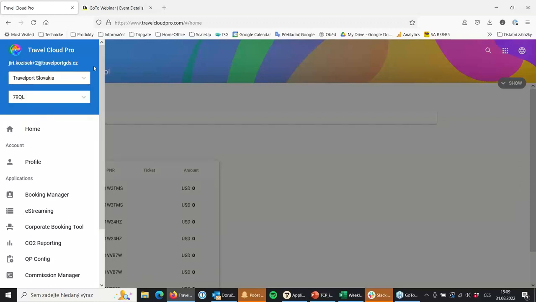And the first thing is to talk about the user rights in the TCP Exchange. So there are 2 user rights right now. It's administrator. It's the one who created the organization, the agency, and can set up and invite other users, can do the settings, change the settings, and other stuff. And the second user right is user, and a user can be invited by the administrator and can do only limited things with TCP, mainly to open the PNR and make the exchange, refund, void, etc. What all functions the exchange allows you to do.